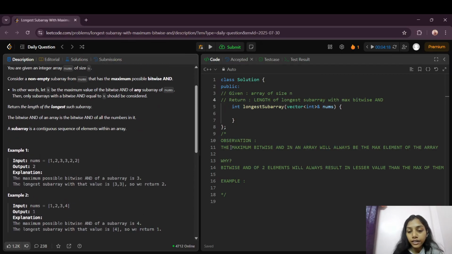The main observation is that the maximum bitwise AND in an array will always be the max element of the array. Now, why is this? Because the bitwise AND of any two elements will always result in a lesser value than the maximum of the two. Suppose, for example, we have 7 and we have 6. So the bitwise AND of 7 and 6 will be